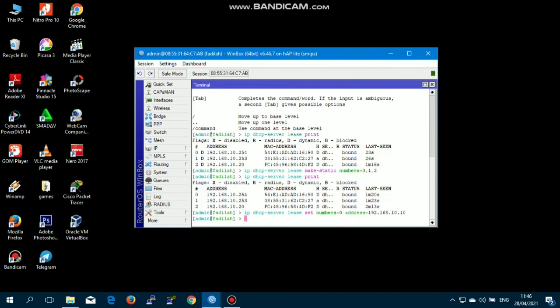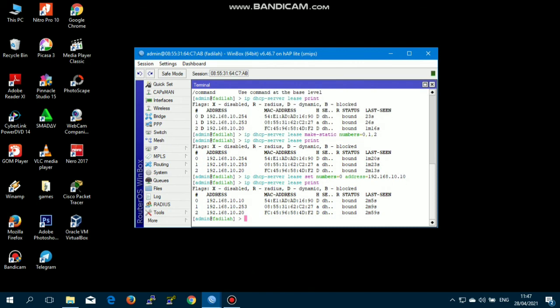Don't forget to check the configuration results with the command IP DHCP server list print. If we look here, we have succeeded in changing the IP address of each device to static.